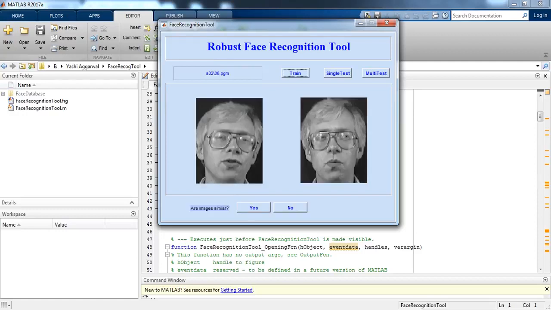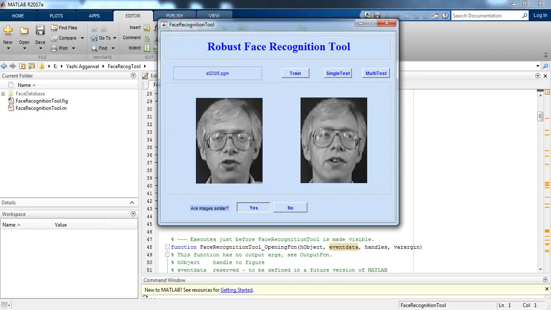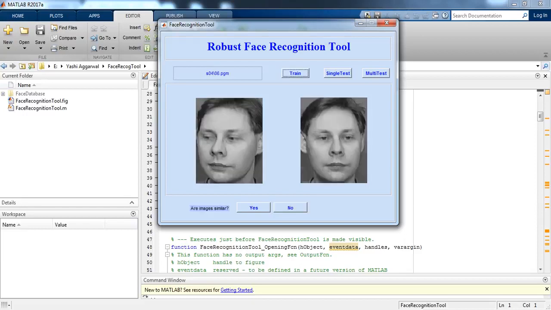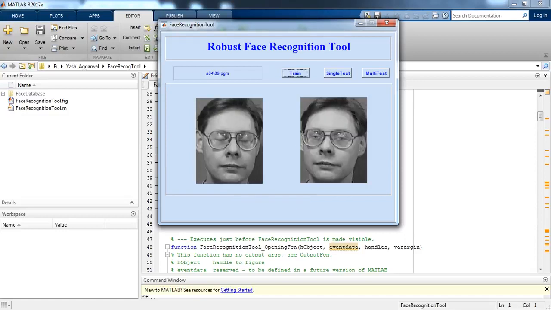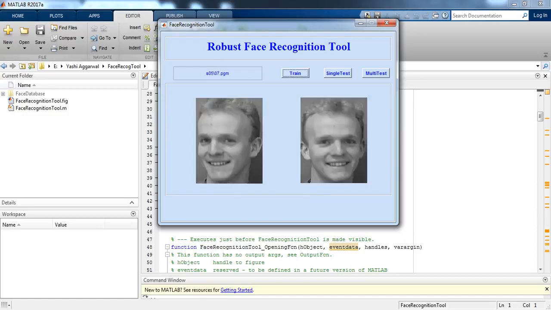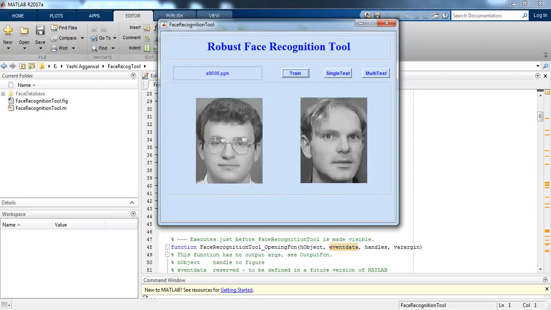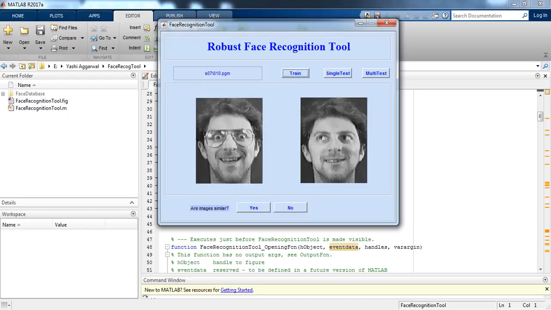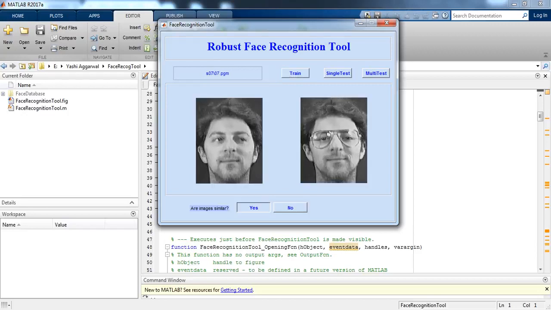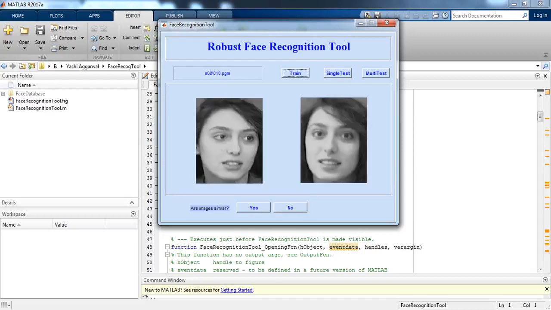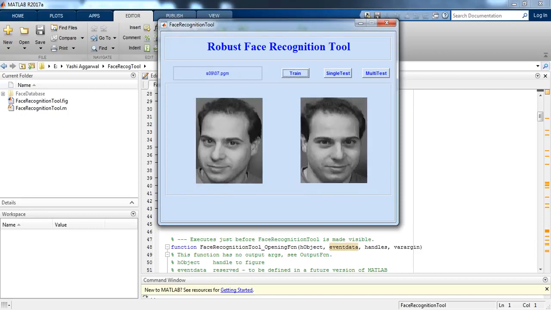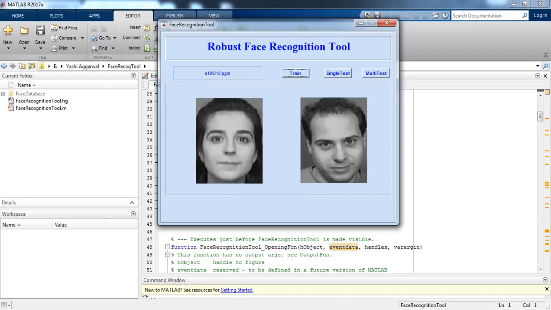This is also the same, same, same. Here there are thousands of images.